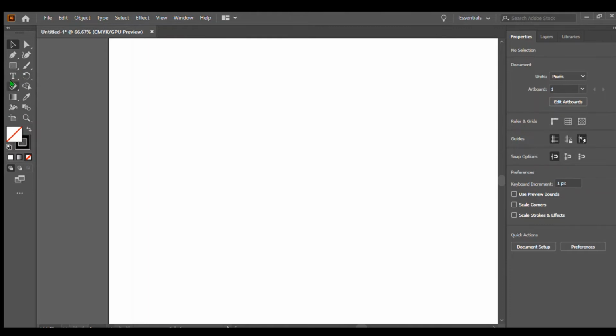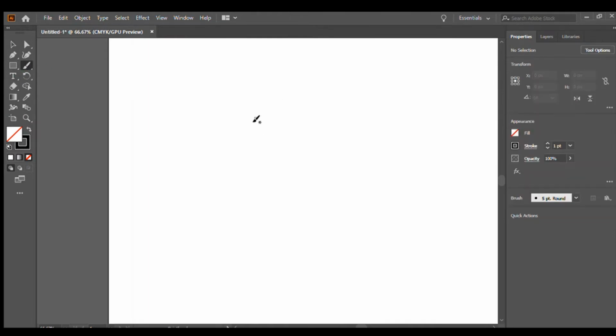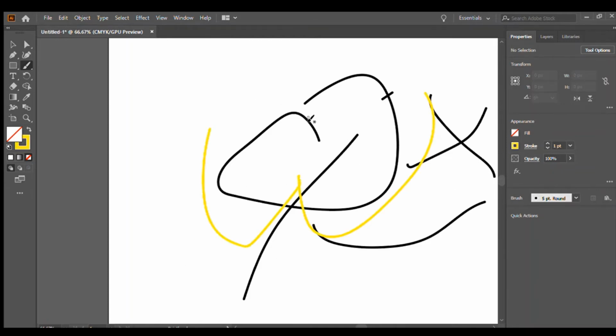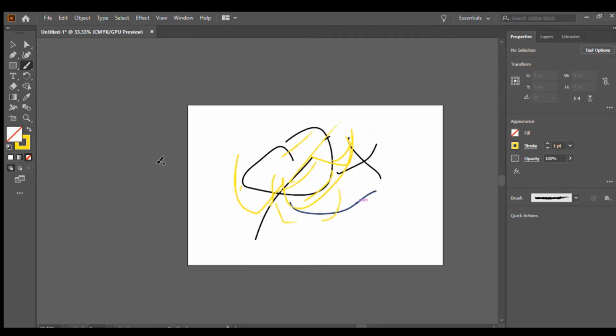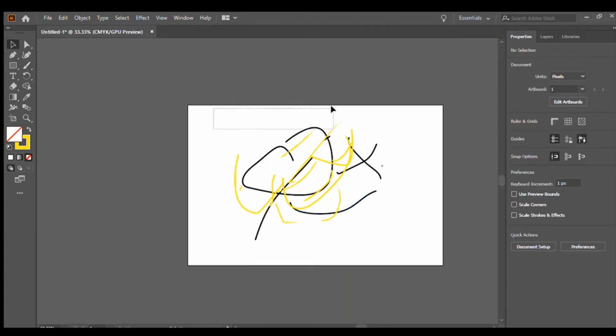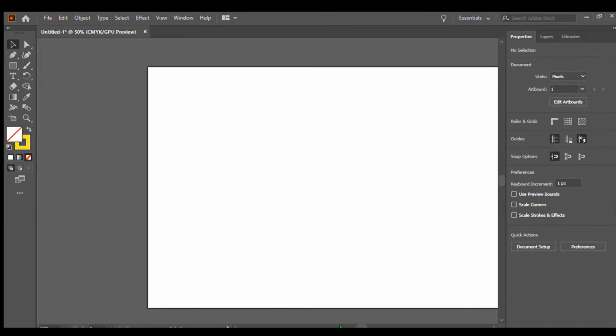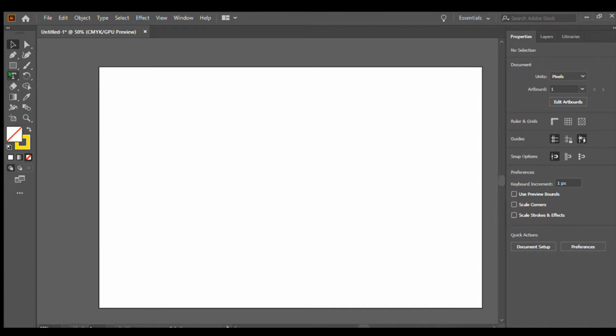Next we're going to learn about the paintbrush tool. With the paintbrush tool, you can draw any sort of shape, and the stroke, if you click on stroke and create a color, it'll turn into that color, like this. And if you want it, you need to go to this, and you need to change it to this. So that's how you use the paintbrush tool. Let me X all this out real quick, and after that, we'll learn about the